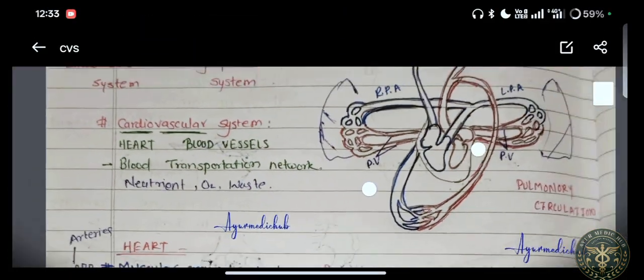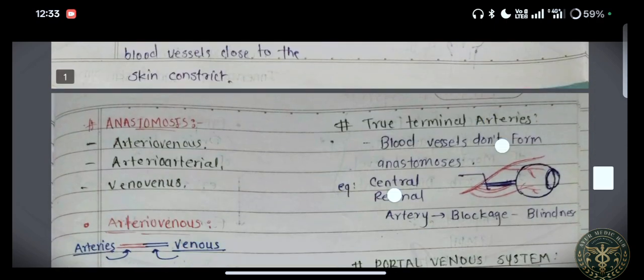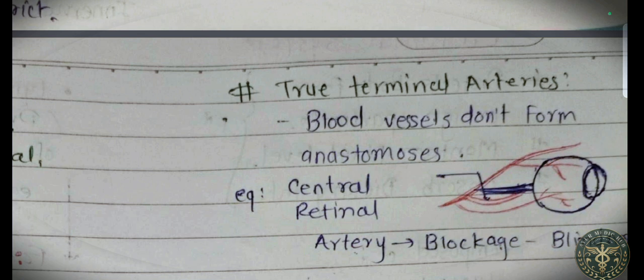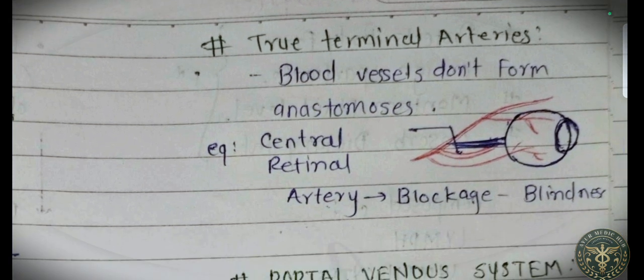Then there are true terminal arteries, when the blood vessel does not form anastomosis. An example is the central retinal artery, where the blockage of this artery leads to blindness. As you can see here, this artery supplies the retina of the eye, and there is no other bifurcation of this artery. So if there is a block in that artery, the blood supply of the retina is stopped, leading